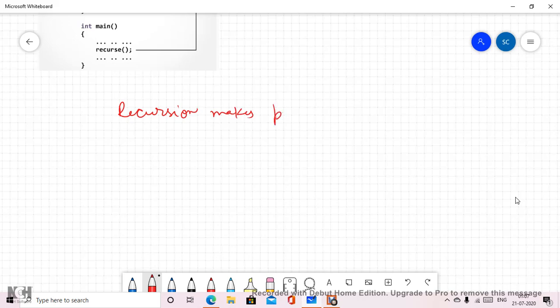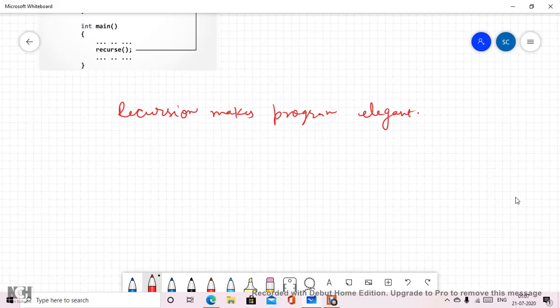When I say elegant, that means it looks good, and some of the problems which cannot be addressed without using recursion would be very typical.